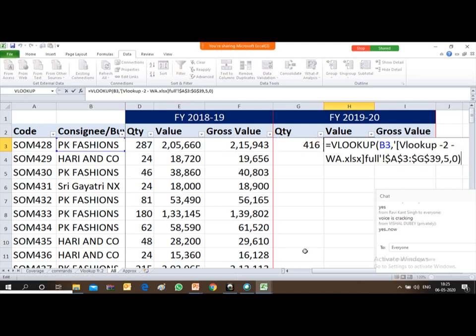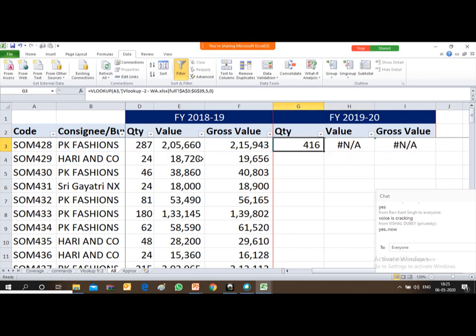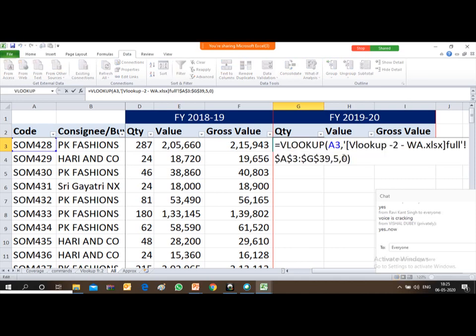Here you see this is looking up the value against the name of the party and not the code. So it means I have to freeze the cell of the code. So how can I freeze the cell where this code is appearing? Use the F2 function, and then here you have to press the F4 function.